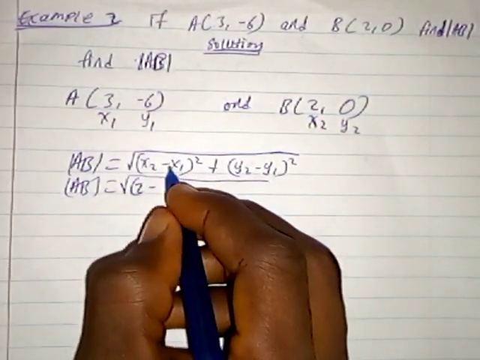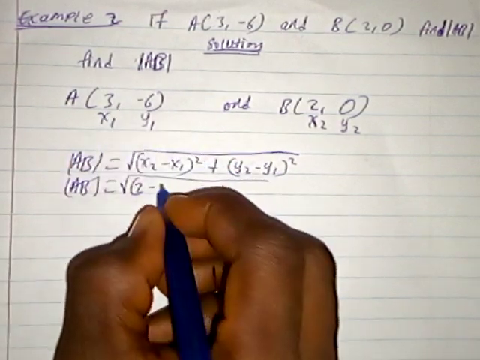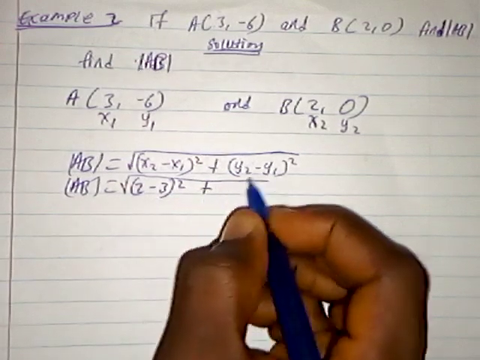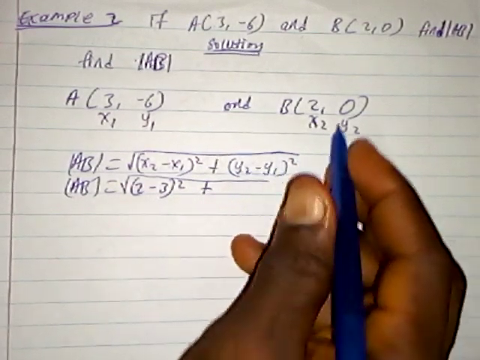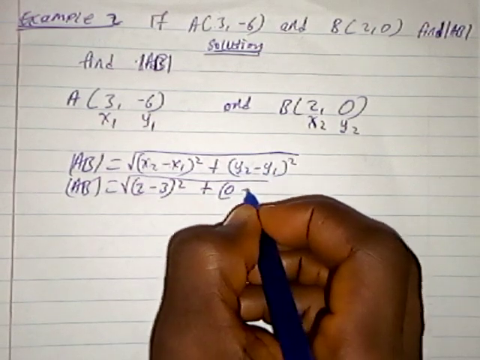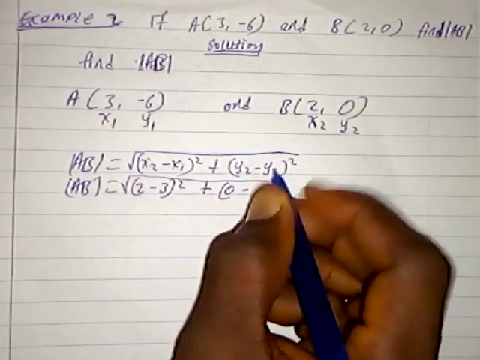In minus. What is X1? X1 is 3. You see the same procedure. It has the formula square. Plus, what is Y2? Y2 is 0. Do you see the formula here? Minus. What is Y1? Y1 is